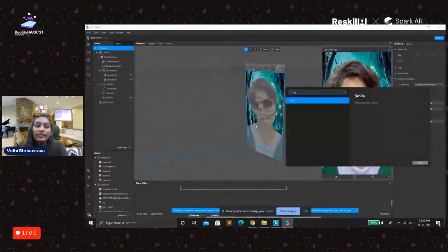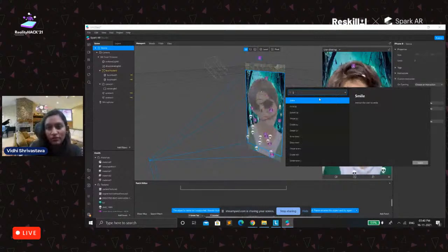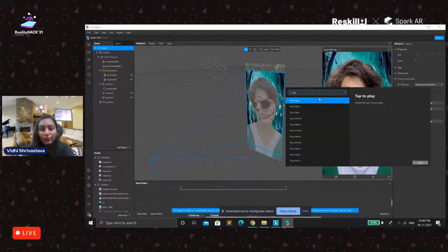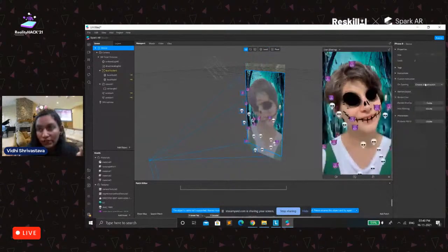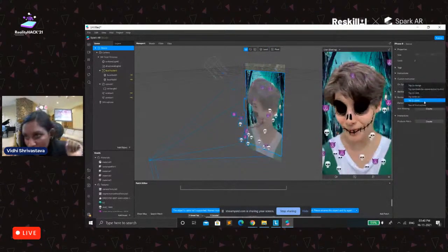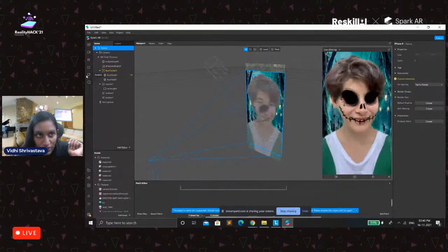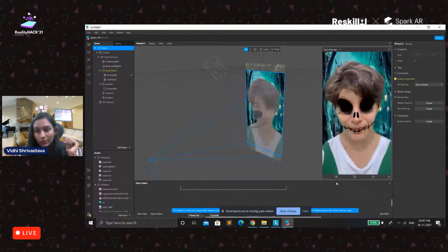So we have created this for the user smile, so we can give the instruction with that, and even we can give this instruction to tap to play, tap to change, all these things. If it is something like you're recording it, you can give it. For example, if I say tap to change, you will see here tap to change. So as soon as we restart our effect, the instruction will be visible to us.